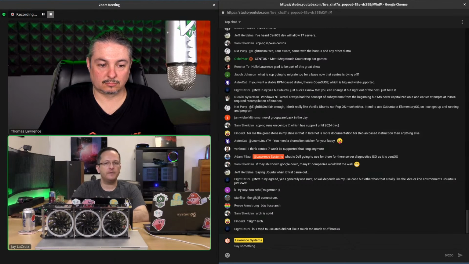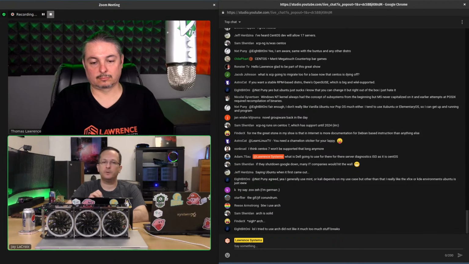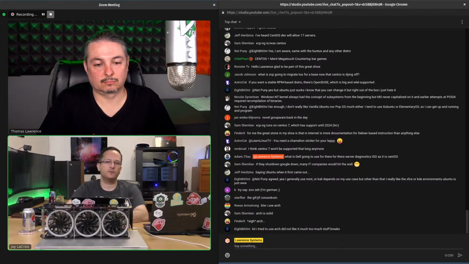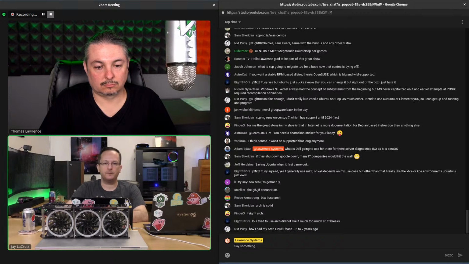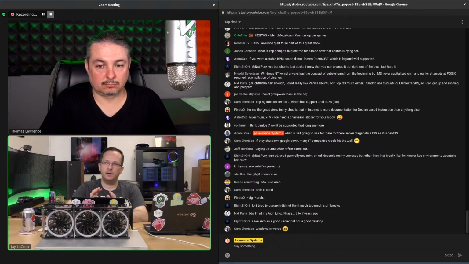But all things considered, if you keep the packages that you've installed to a minimum, because you have full control over what packages you have installed, your margin of breakage is lower if you only have the packages that are absolutely required for the purpose of the server. For example, if you're running a web server, you don't want to have a desktop on there, right? You have only what's required to run Apache, Nginx, or whatever you're running, and that's it.